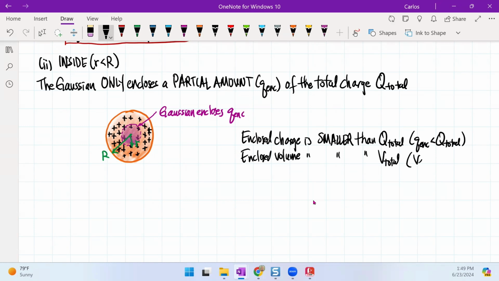So yes, V enclosed is smaller than V total, the volume of the sphere, because they're smaller. However, the charge densities remain the same. So now, with that in mind, if I start with the charge density equation,